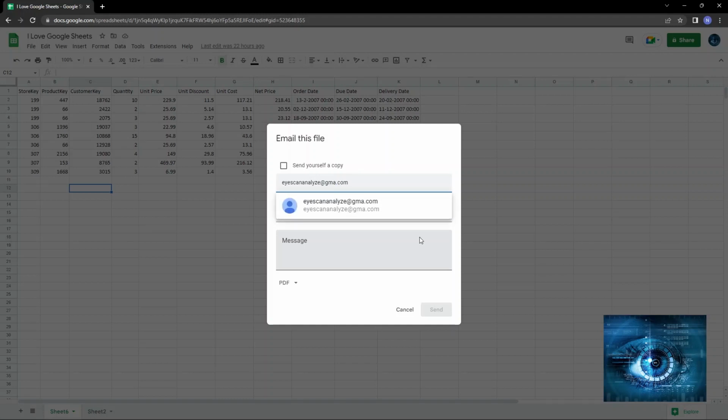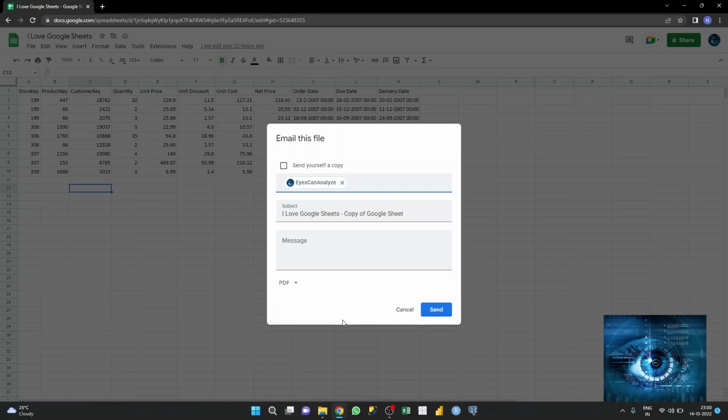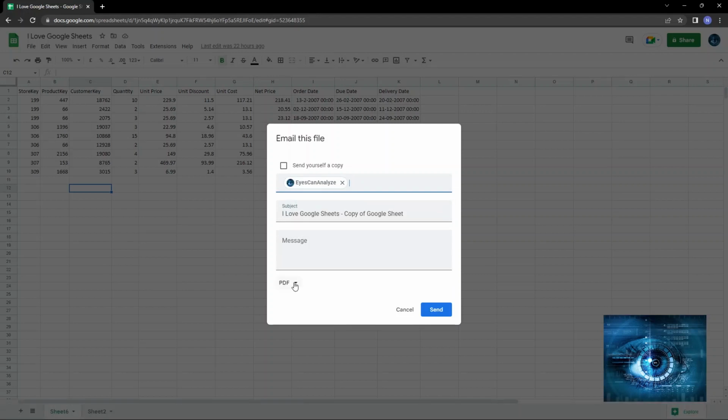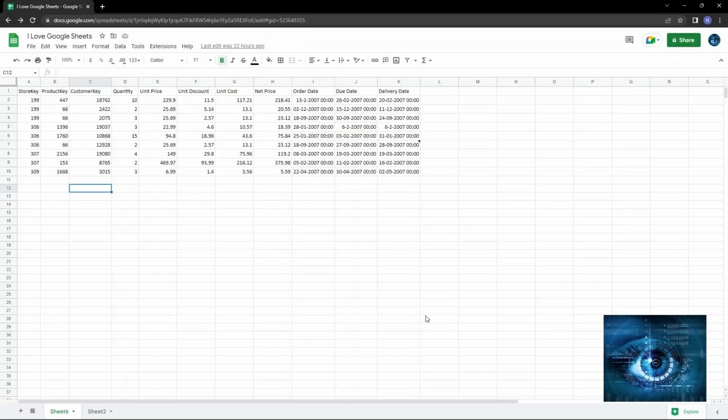Which format I want this file to be sent on the email. Yeah, you can see email.com. That's good. So I want it to be sent in a PDF format. So let's say I am sending this file to my email ID. I click on send, and you will see this entire file is been sent to my email ID,